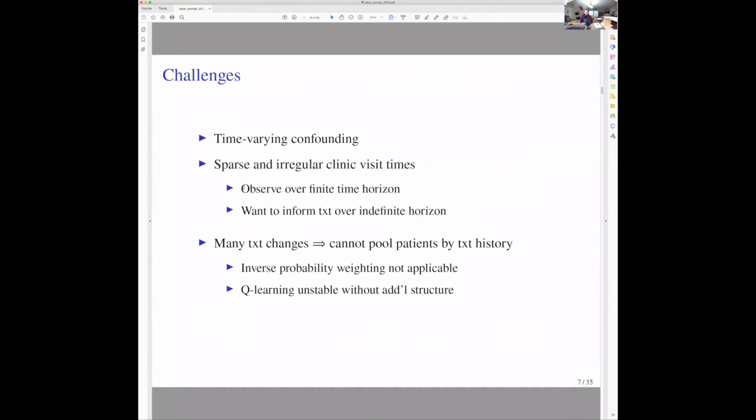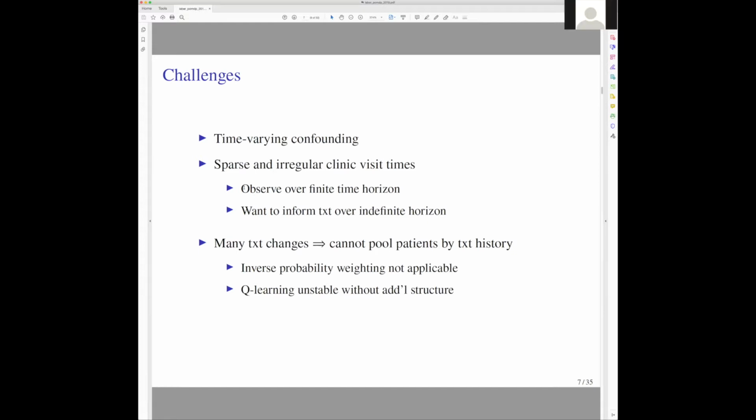Because we have time varying confounding, meaning the treatment decisions now affect the subsequent patient state, which in turn affect the treatment decisions in future. We have sparse and irregular clinic visit times. We observe data over a finite horizon, but our goal is to inform treatment over an indefinite horizon. So we obviously only have data over the length that the study was run, but we want to estimate a rule that we can apply as long as the patients need care, which could be their entire lives for a